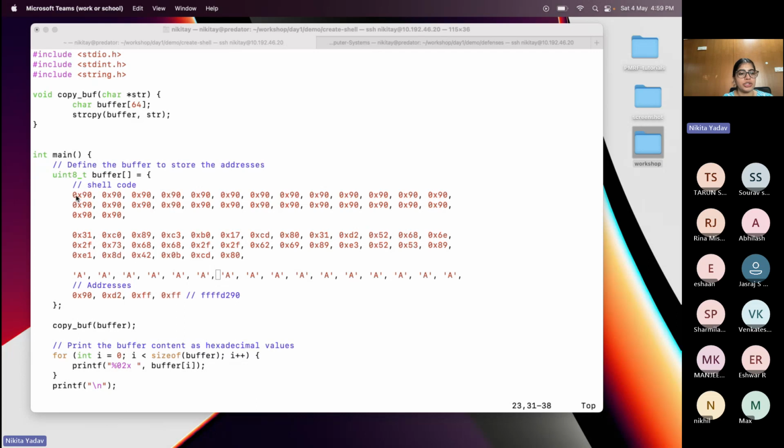Initially we have added just some 0x90. What does 0x90 mean? 0x90 is the opcode for the NOP instruction, the no operation instruction, which does nothing. So we have added a lot of these byte sequences here, which are just going to be treated as NOP instructions. After that, in the middle, we have this approximately, I think, 13,